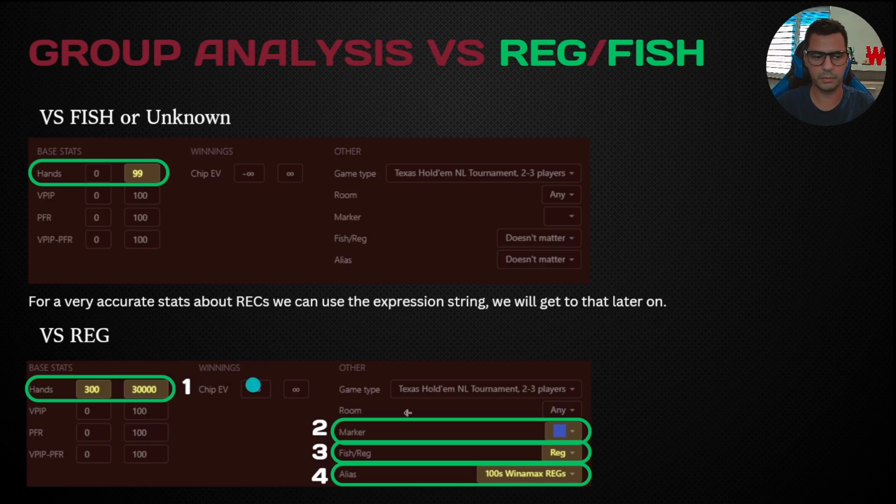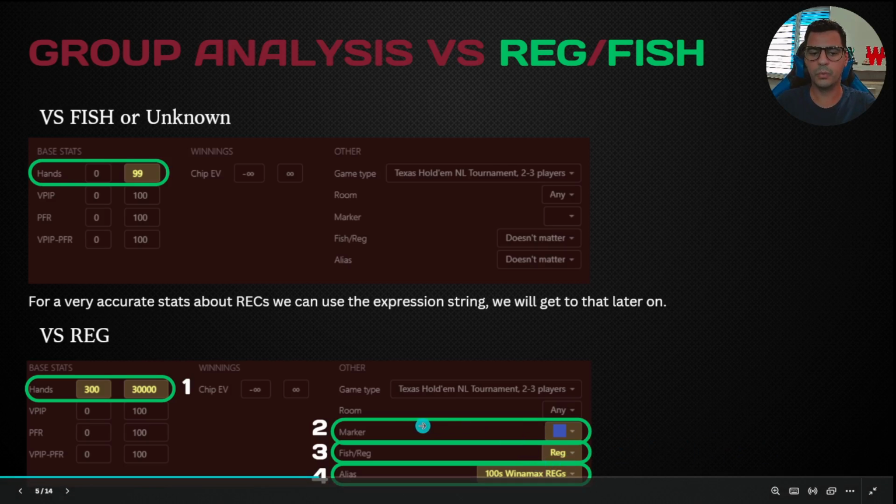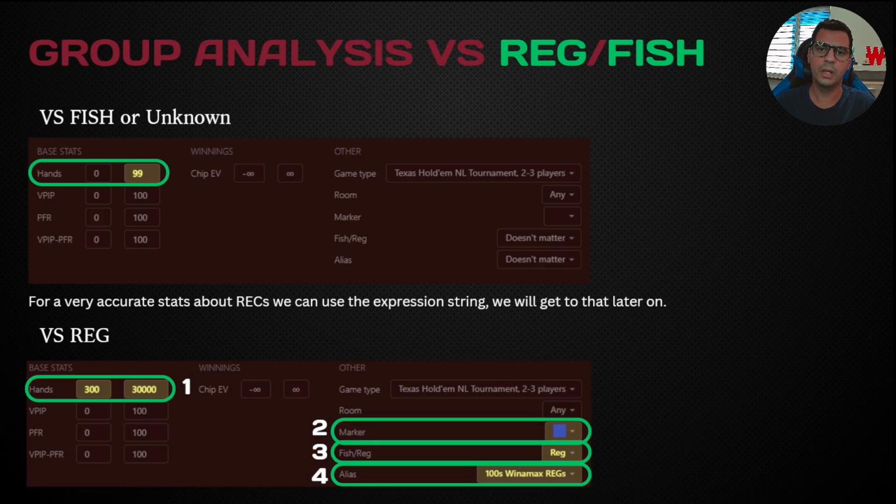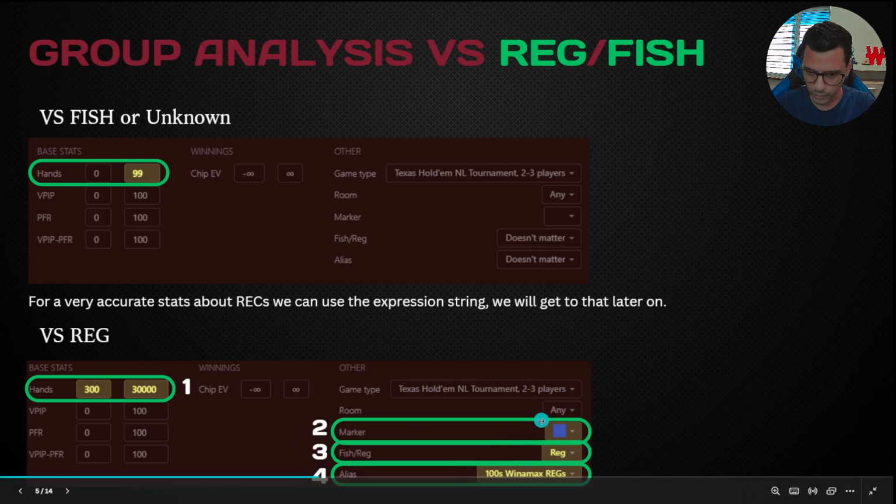On the right hand side, the second option is the marker. The marker, as explained in the slide before: we are playing regulars, we are tagging them. So this is a reg, this is a reg, this is a reg. We tag them as a regular with the blue color, for example, and then we use it to